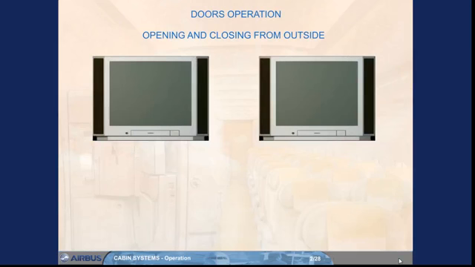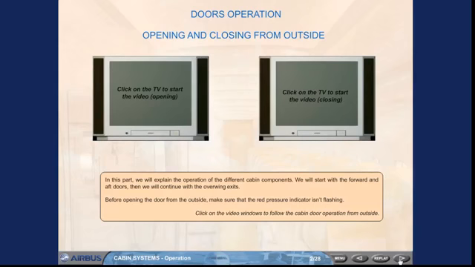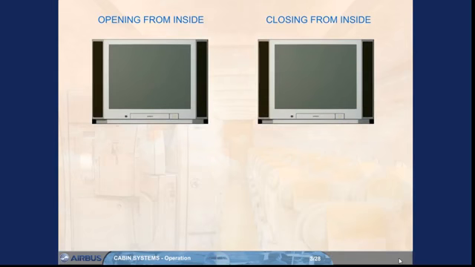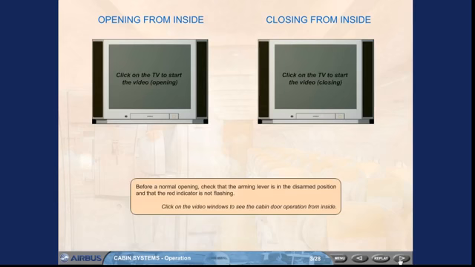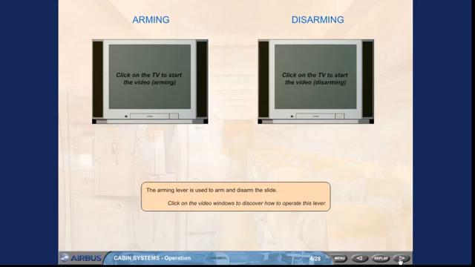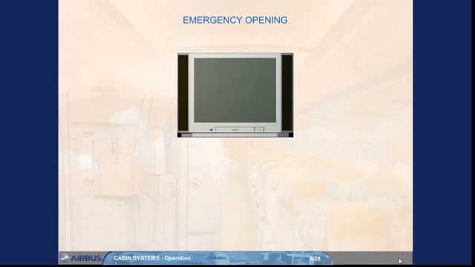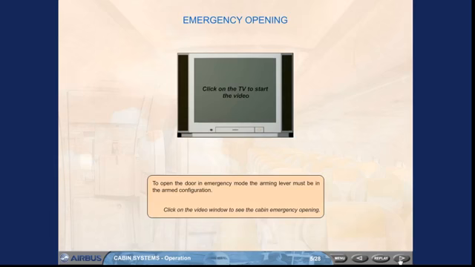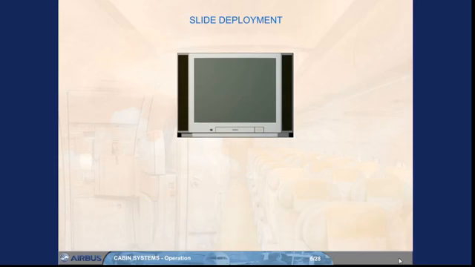In this part, we will explain the operation of the different cabin components. Before a normal opening, check that the arming lever is in the [position]. The arming lever is used to arm to open the door in emergency mode. When the door is opened with the arm, the forward and aft doors, if in case of ditching, one door is